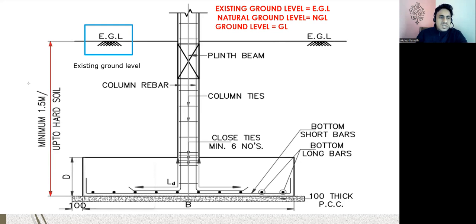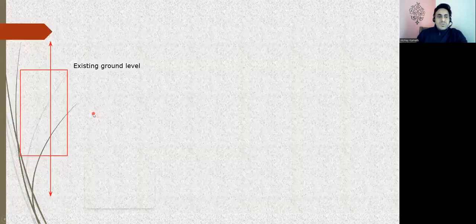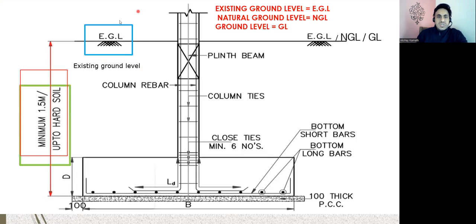So what is mentioned here, minimum 1.5 meter or up to hard soil. So here they have given minimum 1.5 meter excavation has to be done, otherwise up to the hard soil you have to do. So that is why we are going to do the excavation till 1.5 meter. Now sometimes what will happen, if you're working on bigger projects, big residential projects,